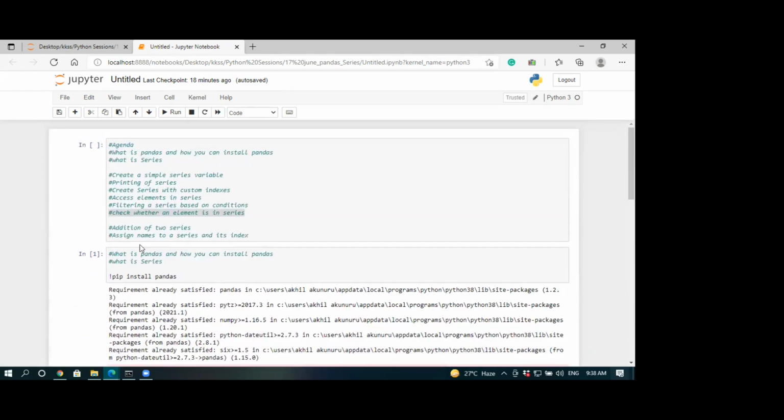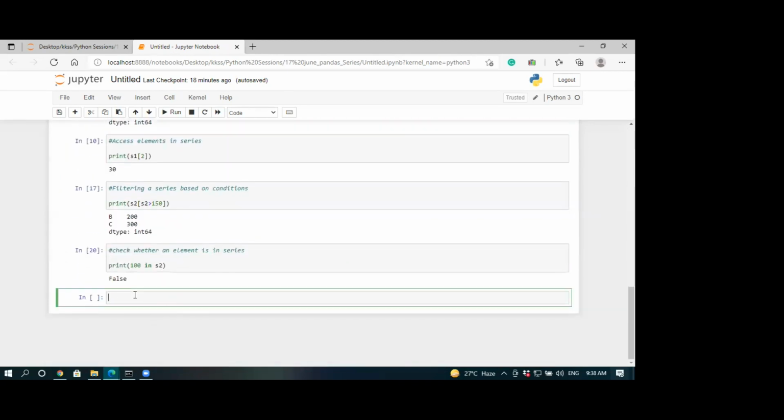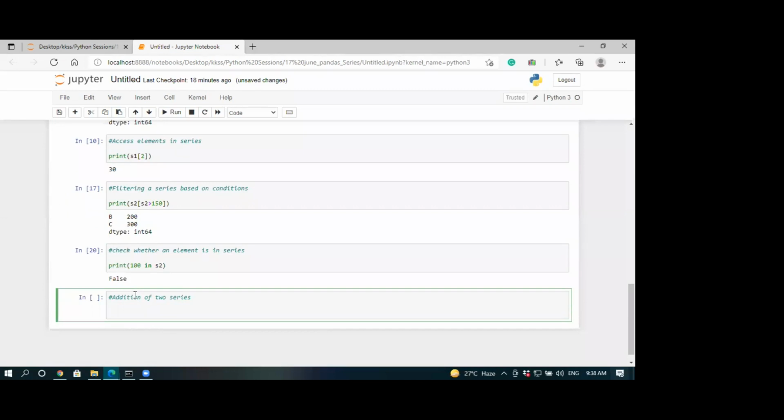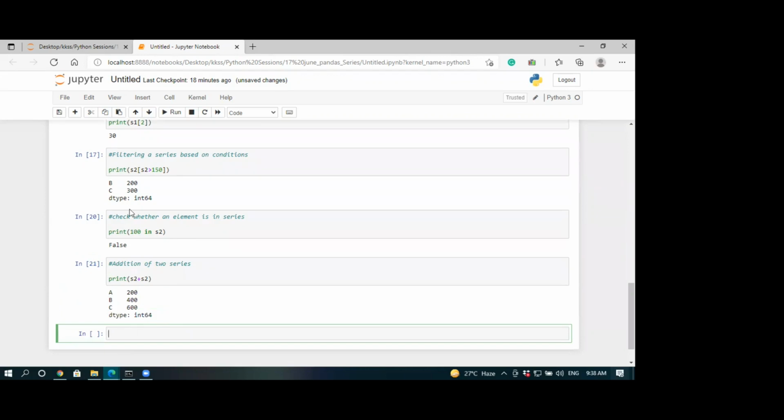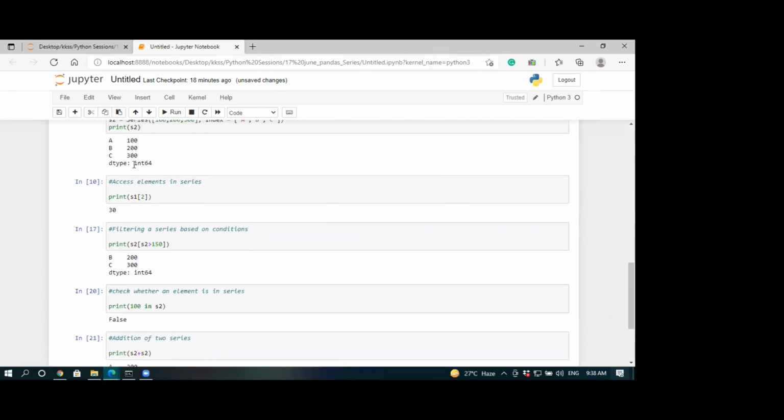Right. Then our next one is adding two series. Let's see. For that, first let's add S2 with S2 itself. I'm just going to print my results, S2 plus S2. You can just add the series, general math kind of thing. Run, and you can see the numbers are getting doubled: 100, 200, 300 becomes